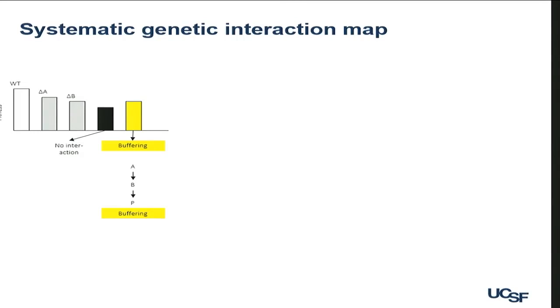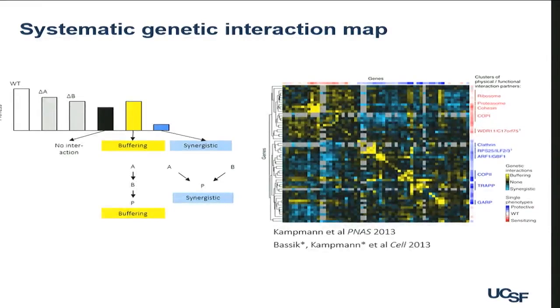will be classical epistasis. Vice versa, you could get a very strong synergistic effect of perturbing two genes, for example, if A and B act in parallel pathways and can compensate for each other's loss, and synthetic lethality would be the most extreme case of that. So we can now do this, and this has been done by the Weizmann lab and others in yeast. And we can do this now in human cells as well to really perturb very large numbers of gene pairs and use the quantitative double mutant information to gain pathway information.